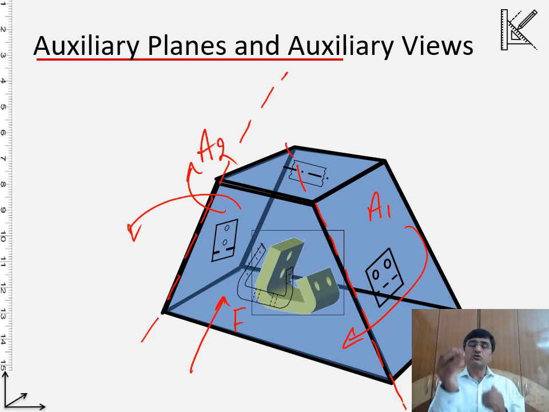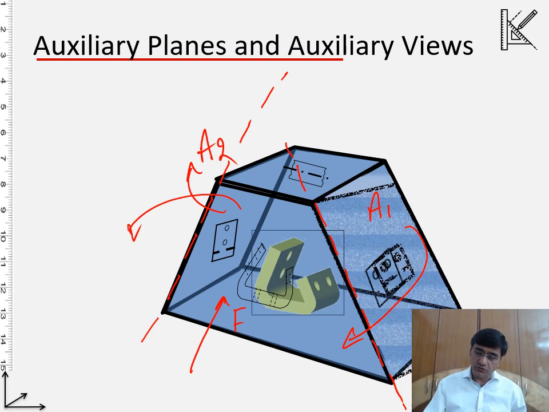Because in the case of orthographic projections also, you know, we thought about a box, a cuboid, and then the horizontal one with respect to the frontal, we open it up. The profile one with respect to the frontal, we open it up, and I'm doing it for you. Again, the other profile one with respect to the frontal, we open it up, and that is how all those views which are projected onto a cuboid surface, we are able to represent on a 2D sheet. Okay, that's the important thing. So let's do this over here.